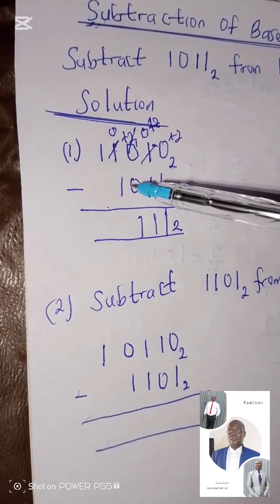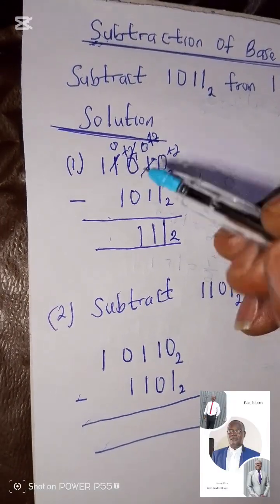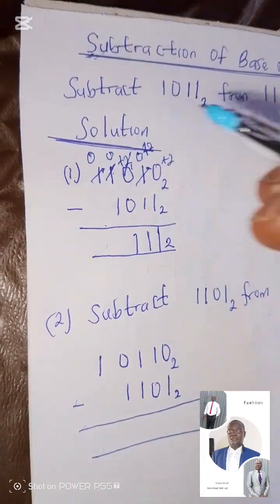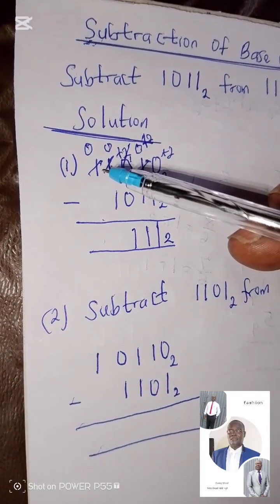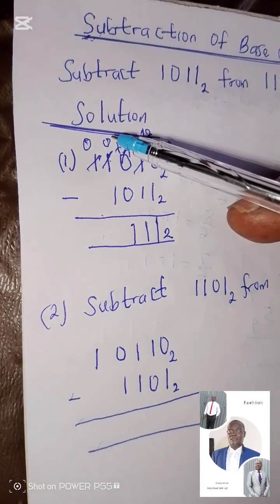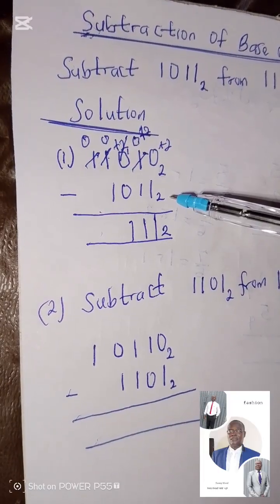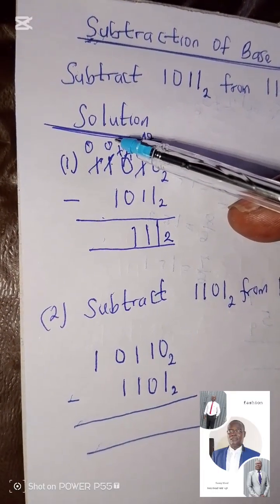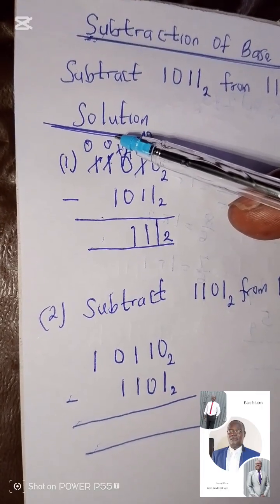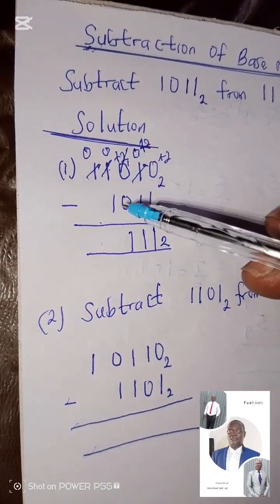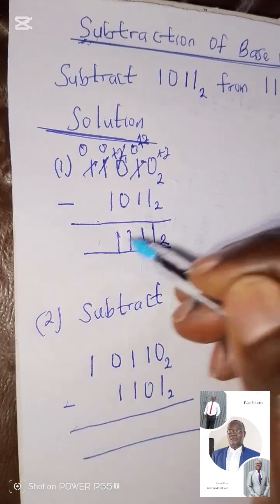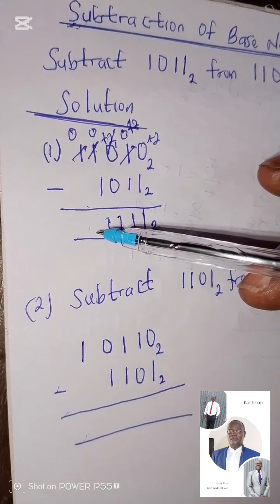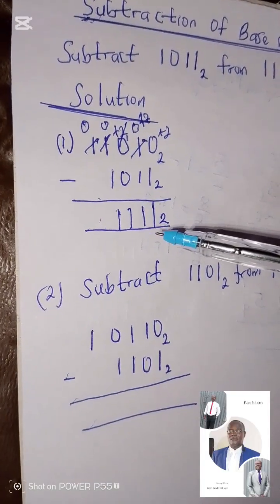So 0 minus 1 is impossible. You come here to borrow from here, and when you take 1 away from here, it remains 0. Remember, that 1 you borrow from here, you are taking it here, and it is equivalent to base 2, in which you are subtracting. So you add 2 to this 0, and 0 plus 2 will be 2. So 2 minus 1 will now be 1. Now, 0 minus 0 is 0. Am I with you? You don't have to put it down. So your final answer here is